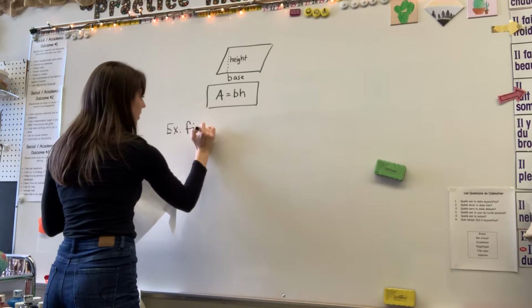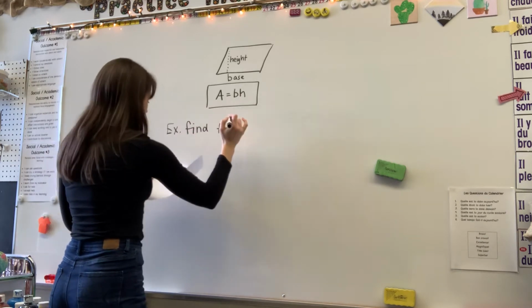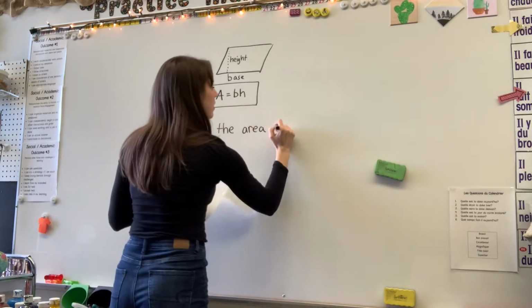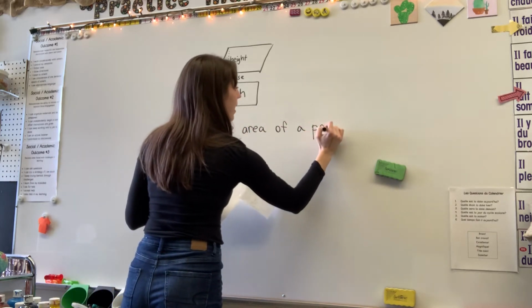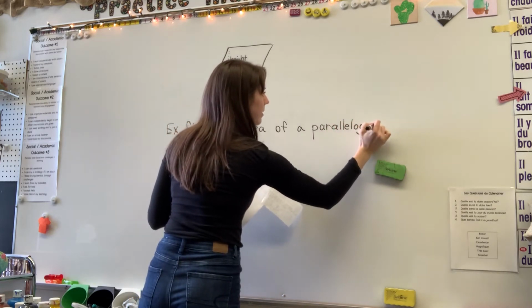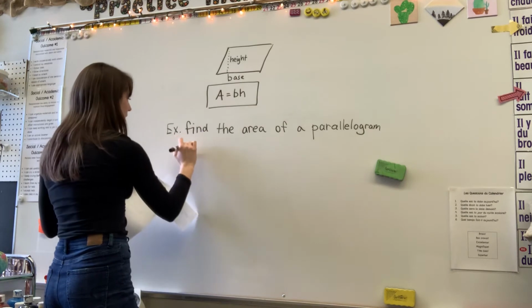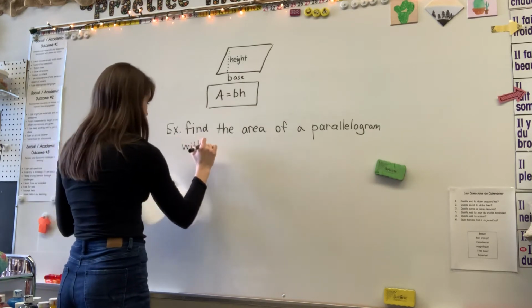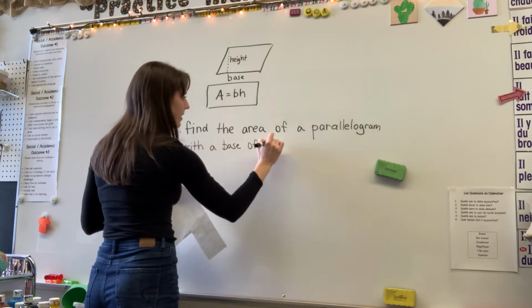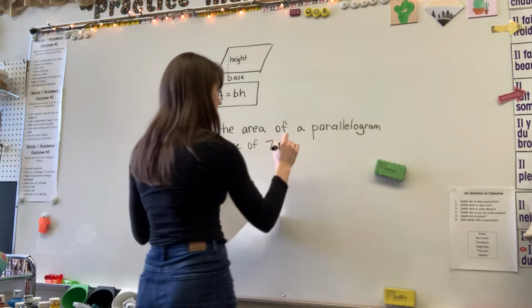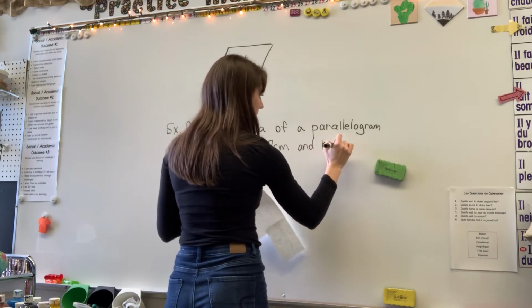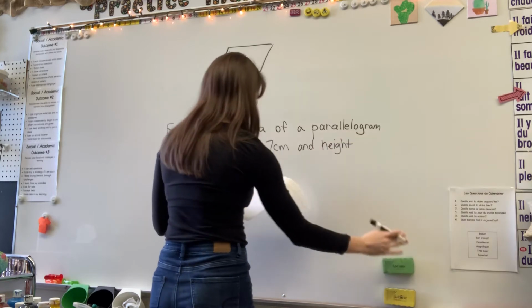Find the area, remember that's what we're doing, of a parallelogram with a base of 7 centimeters and height of